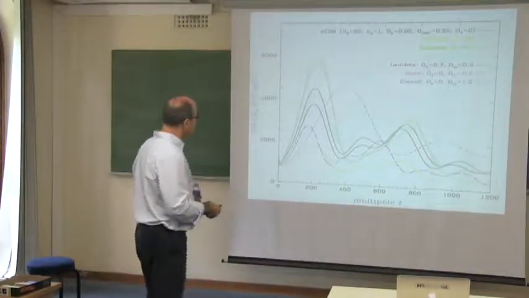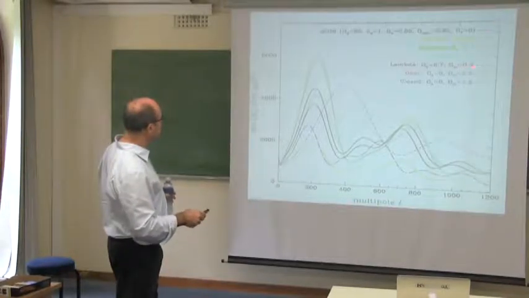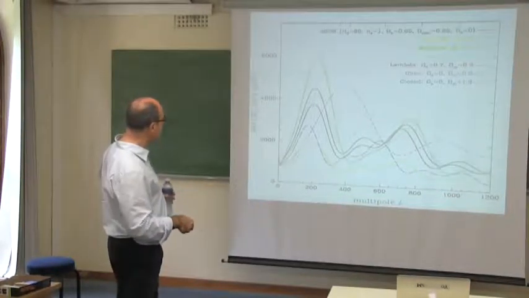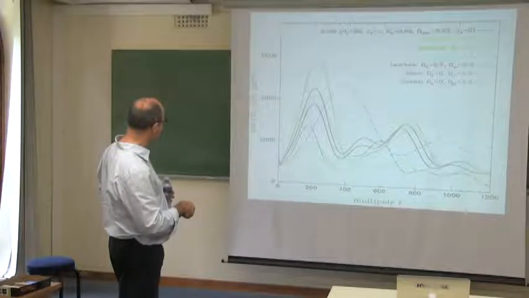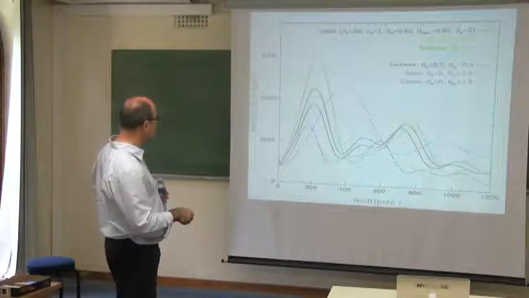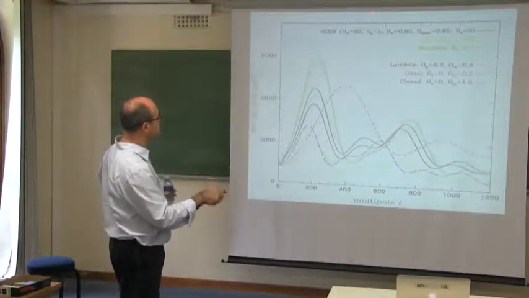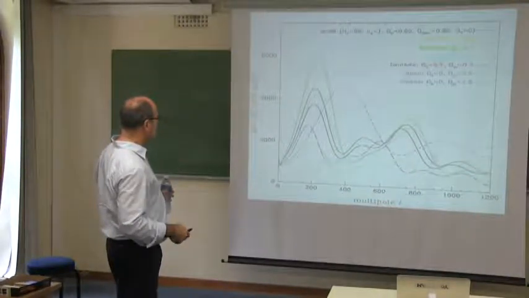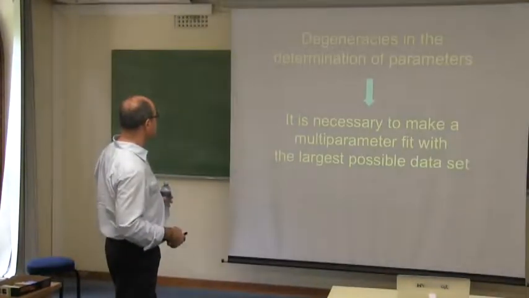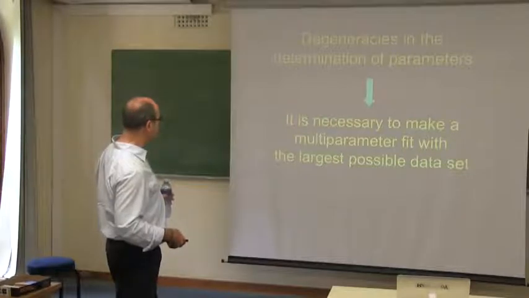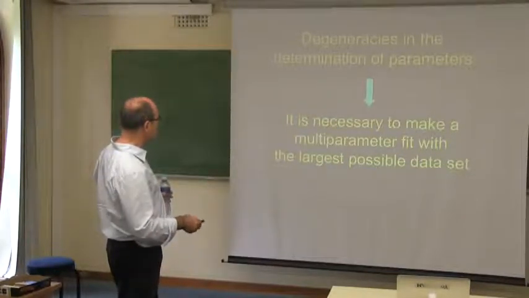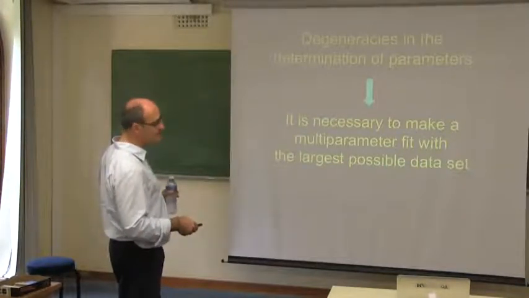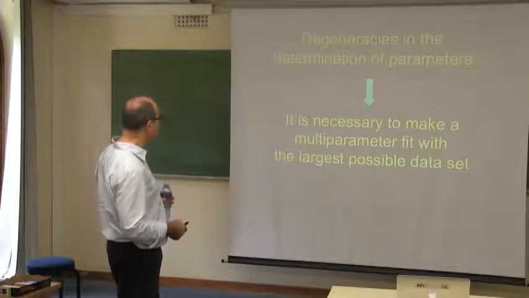So in the 90s, the possibilities were extremely varied. These are the two-point correlation functions, so the angular power spectrum as a function of multipole for different models. You see here the variety. So one had to measure those things. It's clear that there are degeneracies in the determination, so we will have to do a multi-parameter fit, and that's indeed what the experiments WMAP and Planck did.